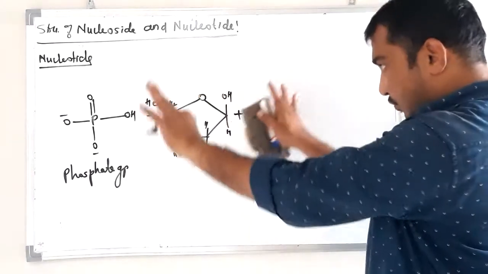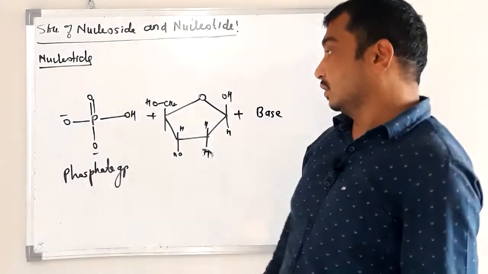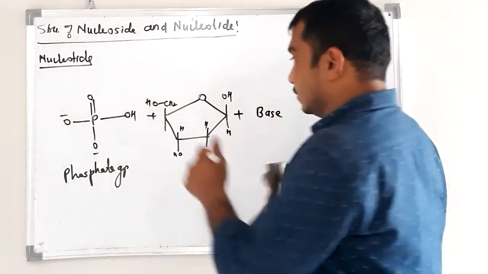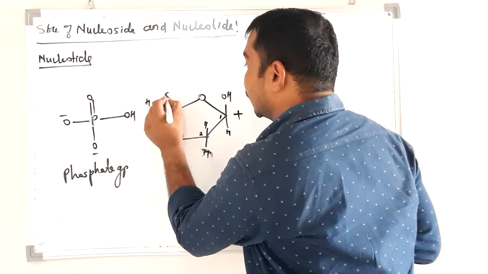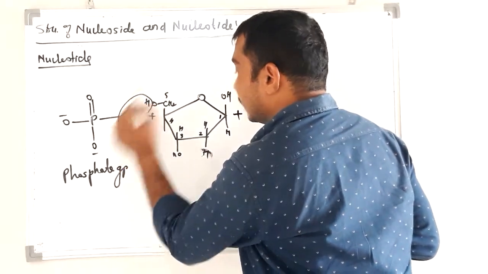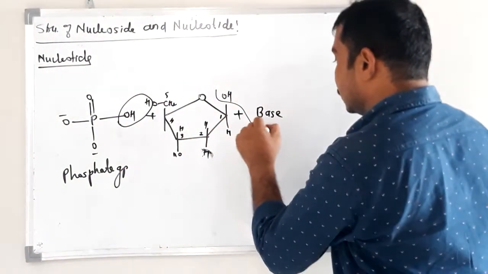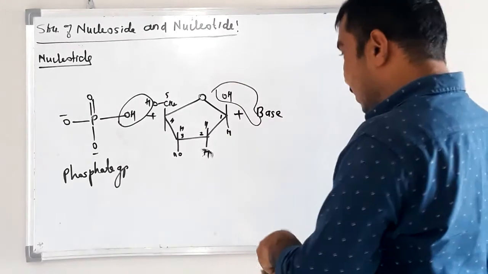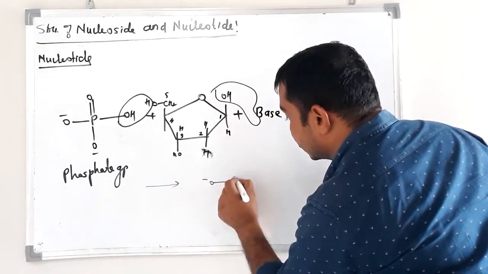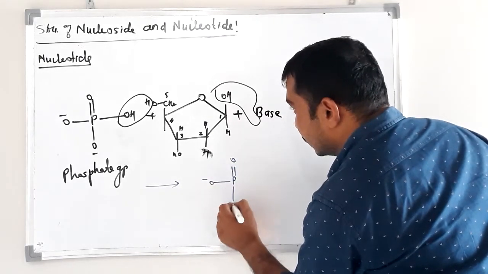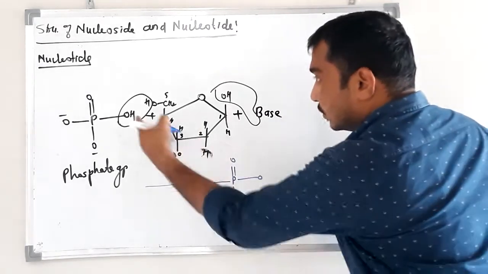These three components combined together: phosphate combined with carbon number 5, with carbon number 1, 2, 3, 4, 5 of the sugar, this will lose water, and here this will combine with the base, and form O minus, P, O minus, O,